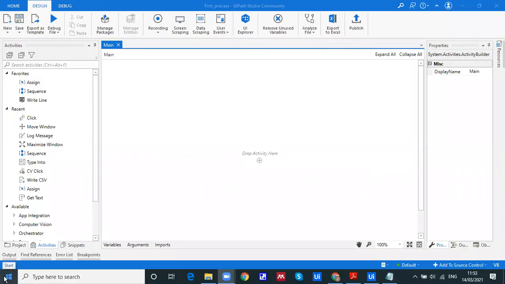Okay. So what we'll do, we will start with the small tasks to build. I hope Sunil has explained to you the input, the display message, and the input dialog box, the requirement of that one. So, from the industry point of view, meaning the real-time project point of view, we are supposed to use